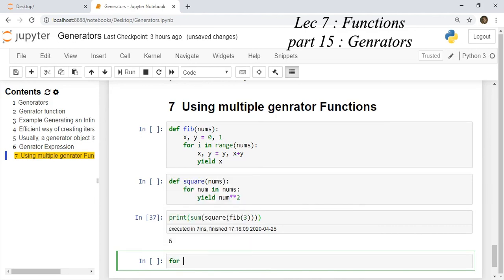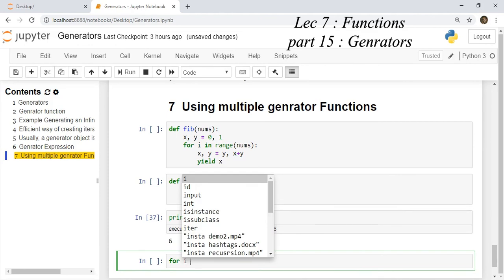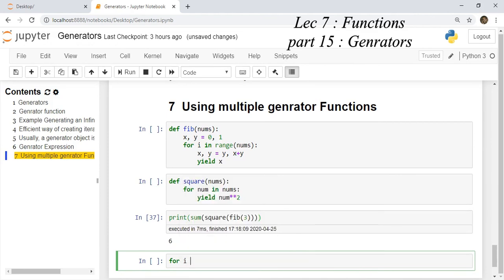For that, you have to consume a generator object in i. You are using a generator pipeline in which the first stage is square and the second stage is fib, and you are passing the argument as 3. For each iteration, you are printing the value of i.